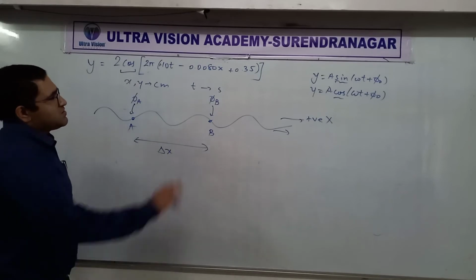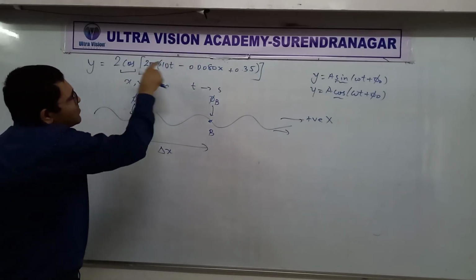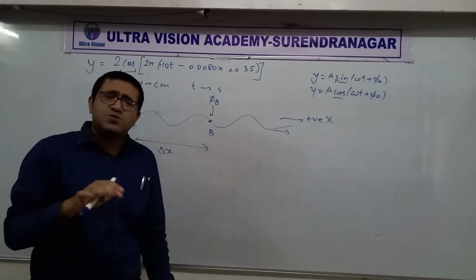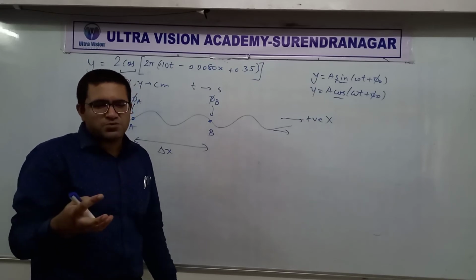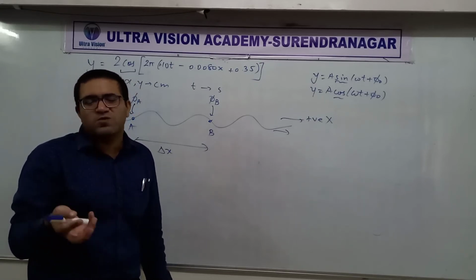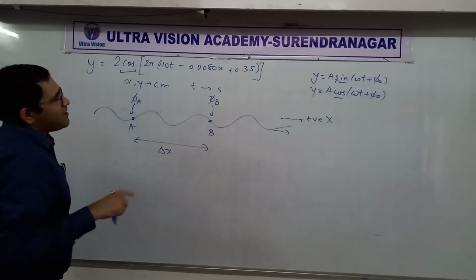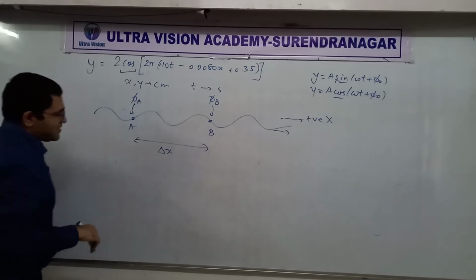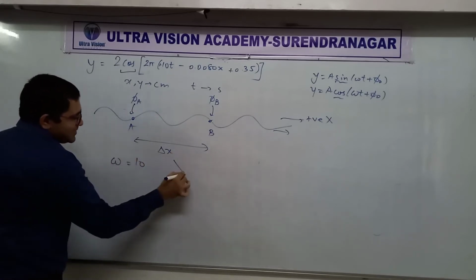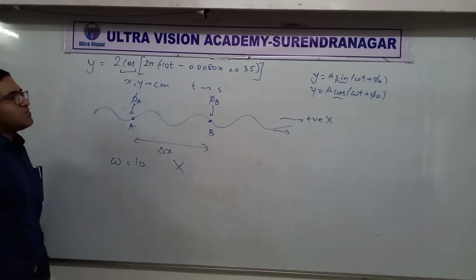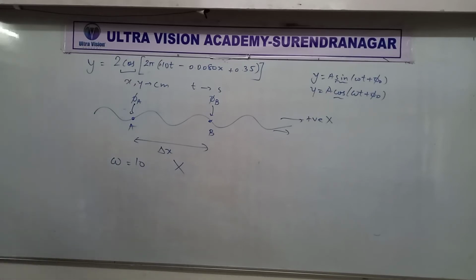Then the next thing. What about this 2 pi? Why is this 2 pi out of the bracket? It's just there to possibly confuse people who don't realize what's given and what's not given. If you hurriedly write omega equal to 10, then I'll say it is wrong. Do you understand why omega is not 10?